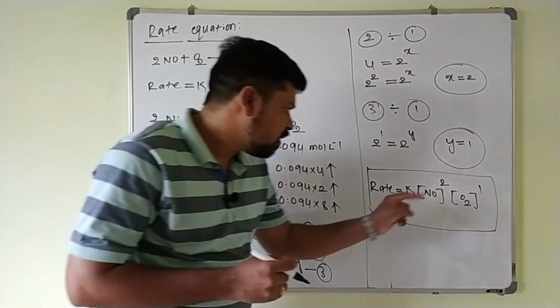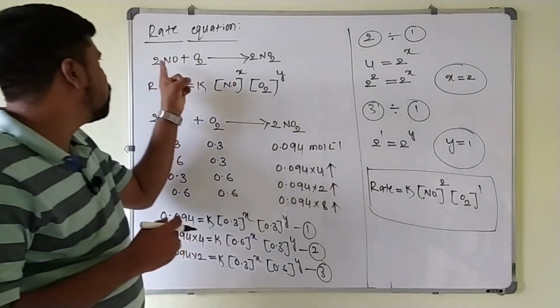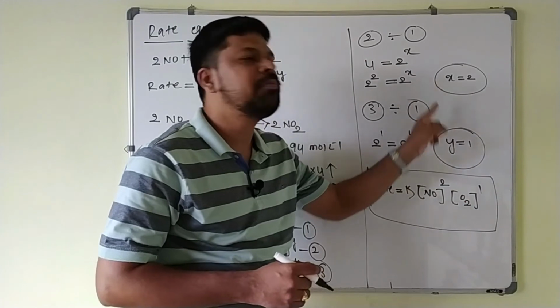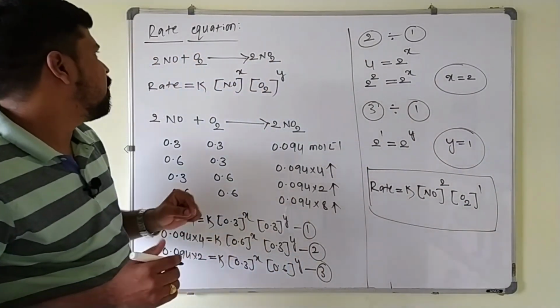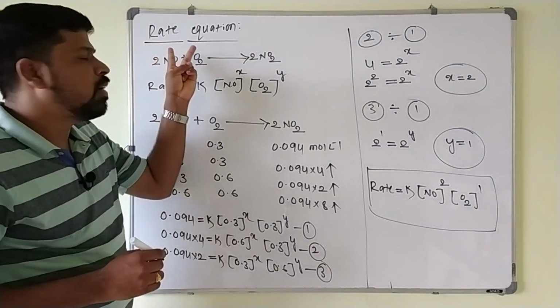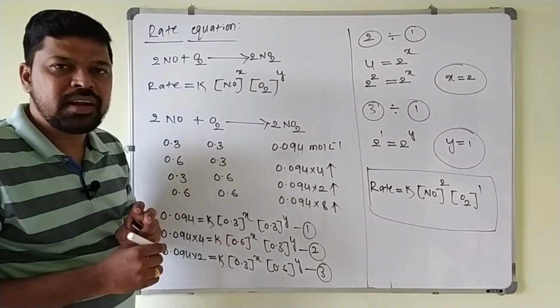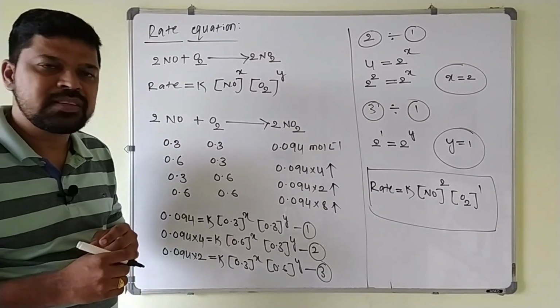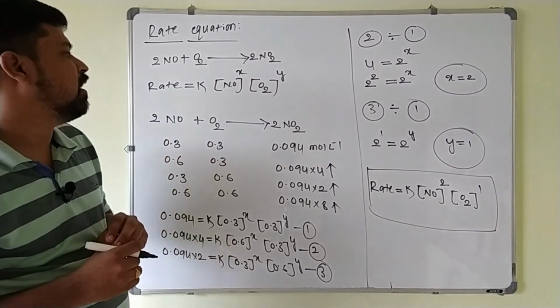But you see here, these powers coincide with the stoichiometric coefficients. It doesn't mean that these are theoretical values; these are obtained experimentally. Like this, you have to write the experimental rate equation by using experimental data. If you use the theoretical balanced equation, that will be the law of mass action, which is a theoretical concept. Next point.